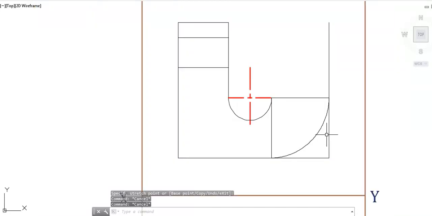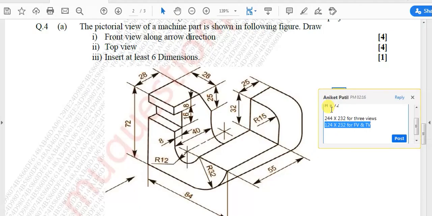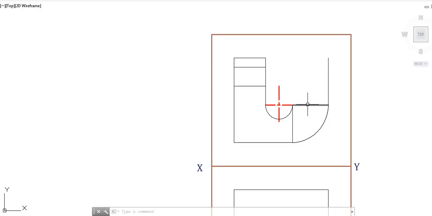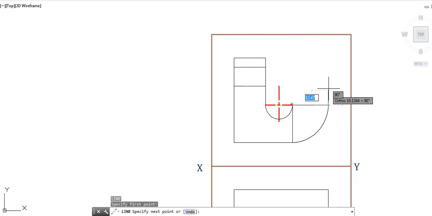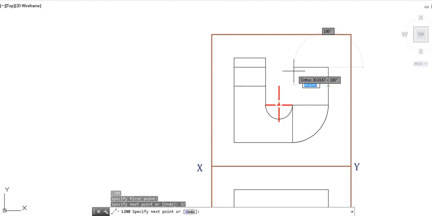Now this part of line does not exist, or it's not required in the lower portion, and hence we are going to erase it like this. Now thereafter we can see there is another quarter circle, but it is only present for radius of 15. However, the total height is 32. So let us first of all make a box of 32 by 32. So we already have this 32. So let us make this line of height 32.